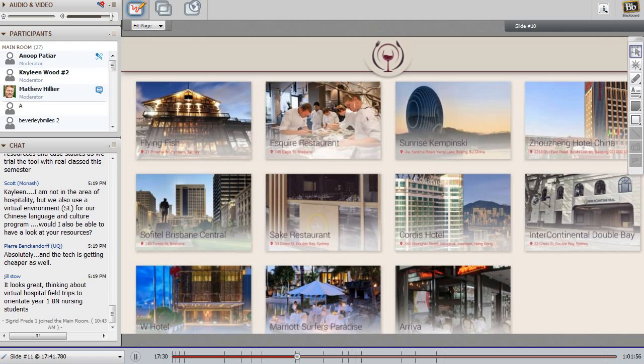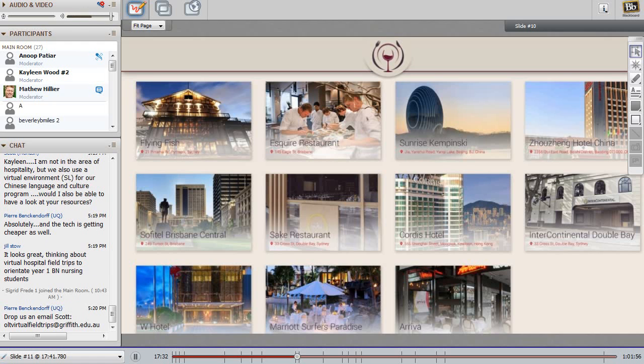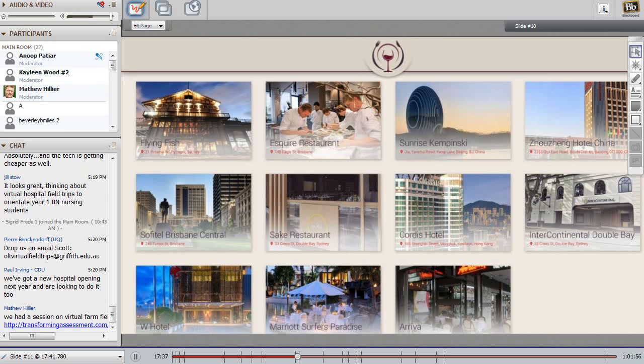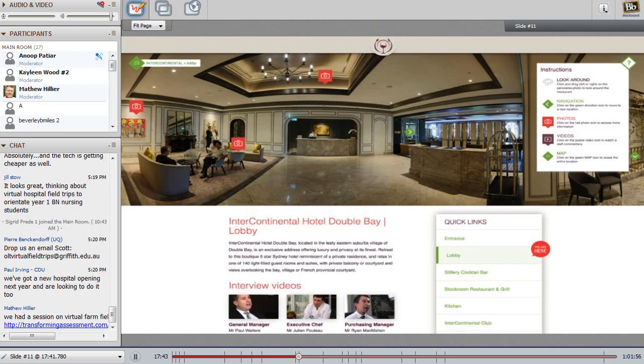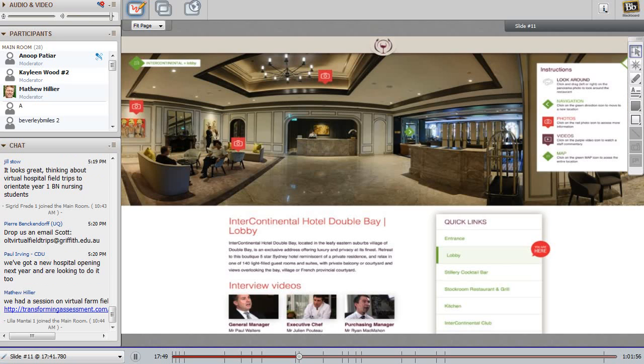Now, if I hit onto the launch, that takes me into the next page, and all the hotels and restaurants which participated in our virtual field trip are located here. And as soon as we double click onto any of these files, that takes us into the particular hotel's SWOT.